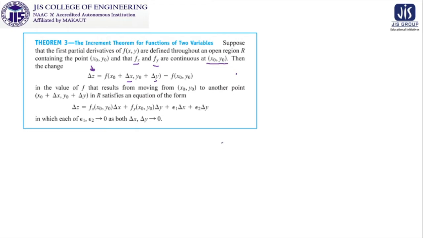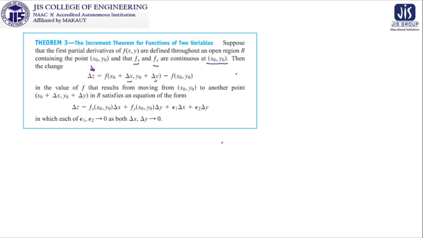This difference of the two functional values is denoted by the change del z. So it is the change in the values of f that results from moving from (x0, y0) to another point (x0 plus del x, y0 plus del y) in R, and it satisfies an equation of the form del z is equal to